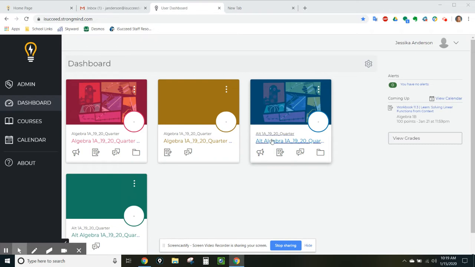So this is just an example dashboard. I have all these math classes because I'm a math teacher, but yours will look different. I'm just going to use this Algebra 1A as an example. When you click on your course from your dashboard,